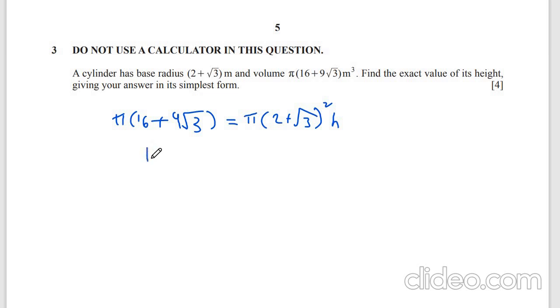So in order to find the height, we have to divide the volume. Well, the pi's cancel out. And if we expand that, we get